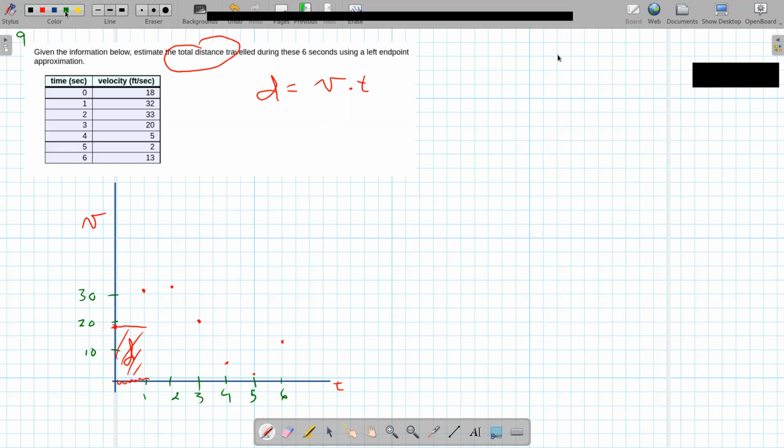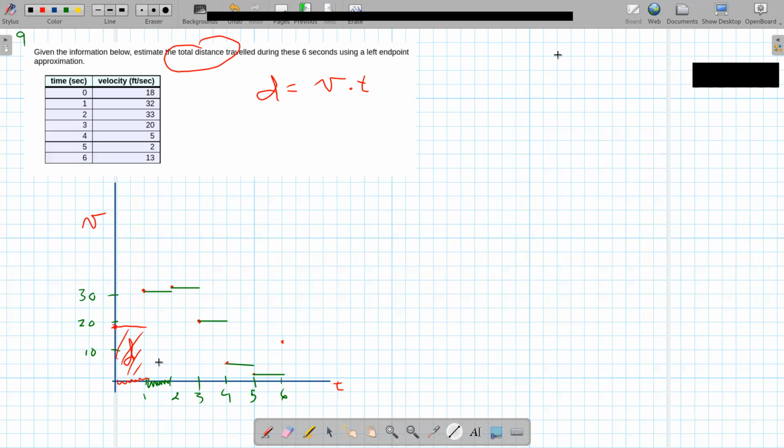And then for the next second that goes by here, left endpoint means assume that it moves this speed all the way across there. Ooh, that was a bad line. Let's try that again with a straight line. There we go. And then here, we'll assume it moves 33 miles per hour. And then for this next second, we're going to assume it moves 20 miles per hour, and then 5 miles per hour. And then for the last second, we're going to assume it moves 2 miles per hour. And since there's just 1 second that elapses between each of these,